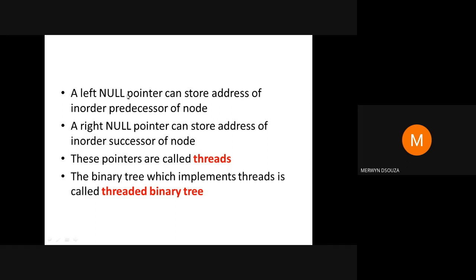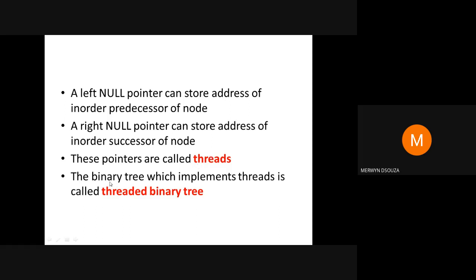You can just try to remember this: a left null pointer in a node will be storing the address of the in-order predecessor, and a right null pointer will be used to store the address of the in-order successor. These pointers in a threaded binary tree will be called threads. And a binary tree which implements threads will be called a threaded binary tree.